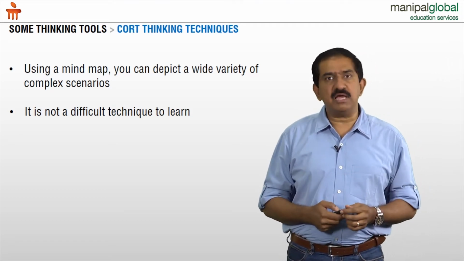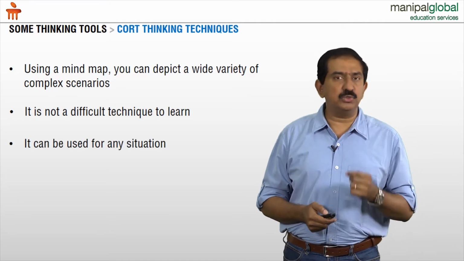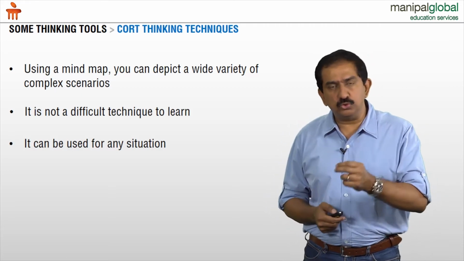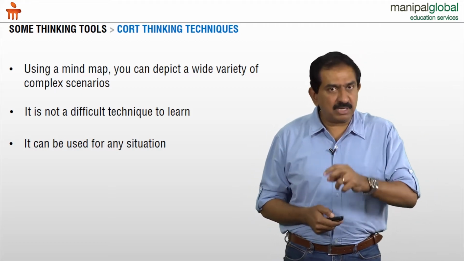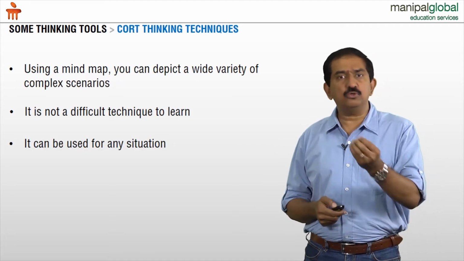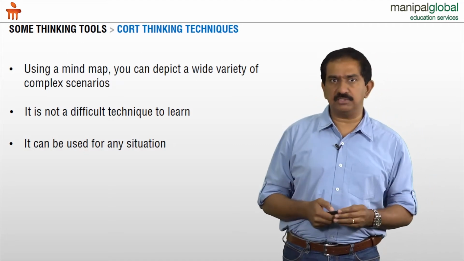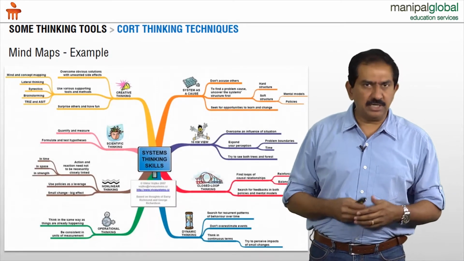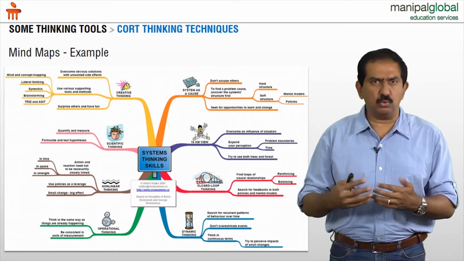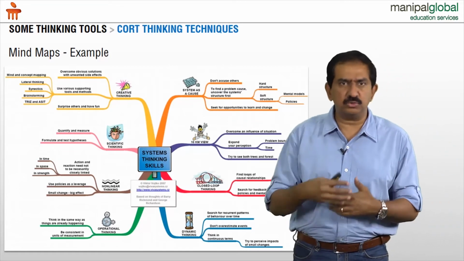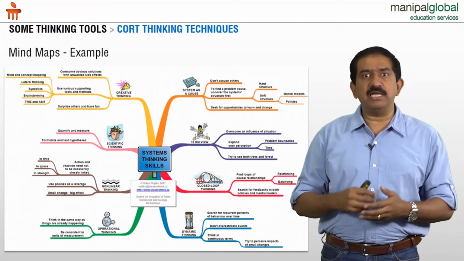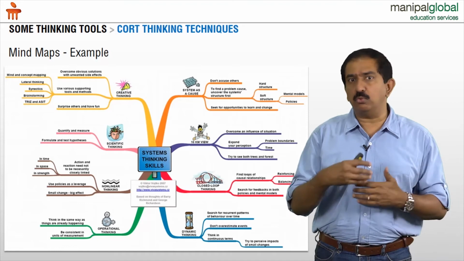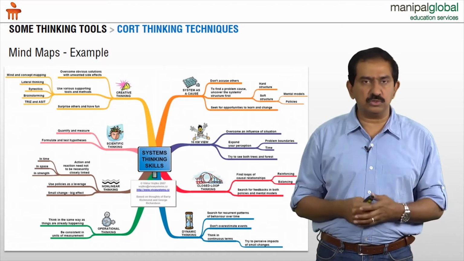Now the beauty of the mind map is it can be used for virtually any kind of situation. It could be used in your personal life, it could be used in your professional life. And mind maps can be developed for simple systems, it could be developed for extremely complex systems. For example, let's imagine that you're trying to write a book and you're struggling with how to architect that book. What should go into chapter 1, what should go into chapter 2, etc. Start by drawing a mind map and immediately it hits you about how many chapters you need, what each of those chapters should contain, so on and so forth.